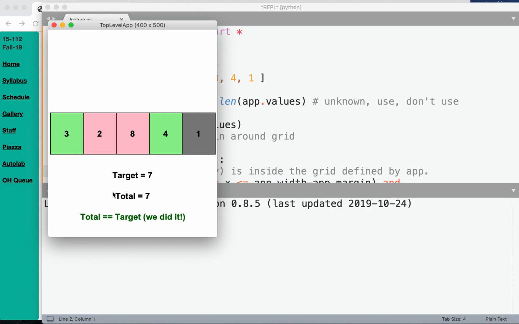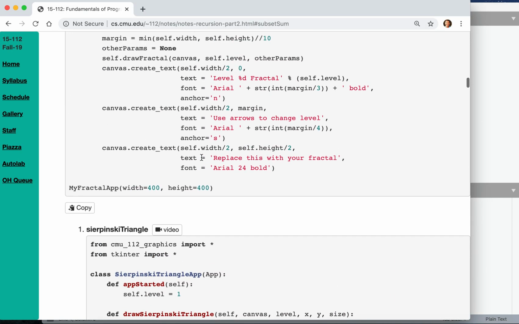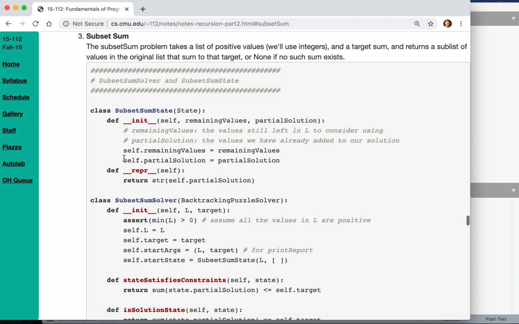But when the target equals the total, that becomes our actual solution. So this shows you how backtracking can be used to solve subsetSum. Let's now go take a look at the code in action, okay? So we'll go in here, and we'll copy, go up here, and we'll go to subsetSum, and we will copy